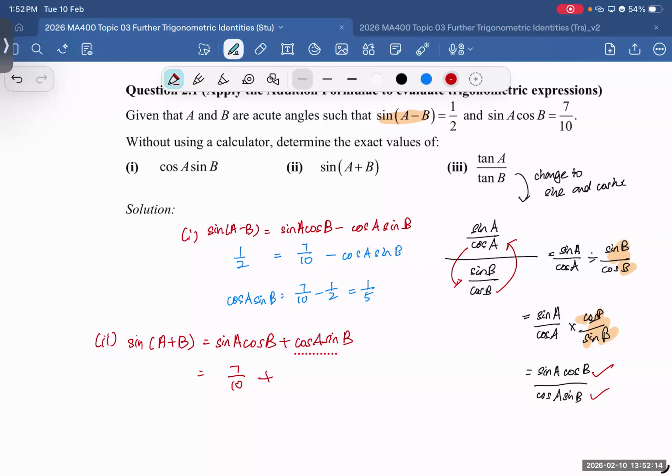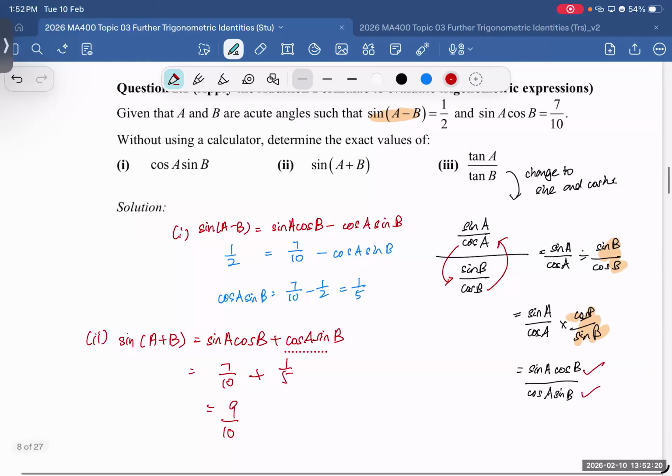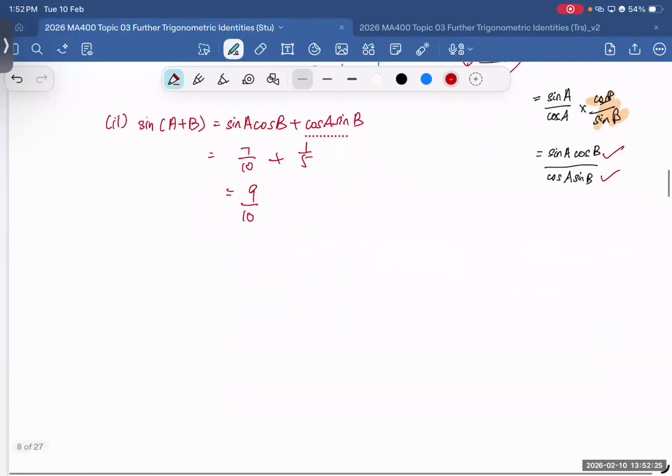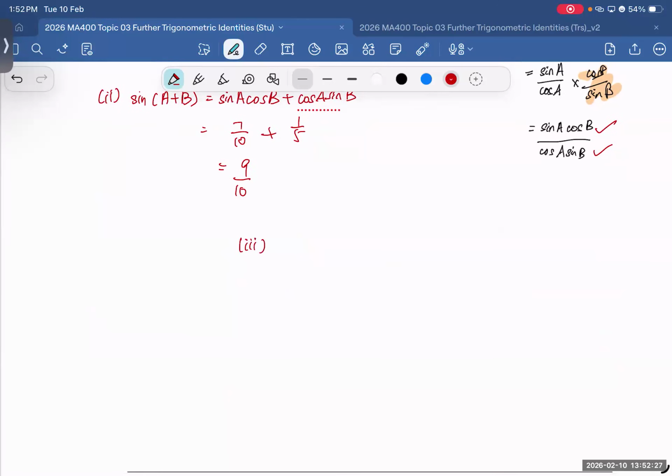Cos A sine B is just 1/5. So the answer comes out to be 9/10. Okay? Right? So part 3, 2.1 part 3,